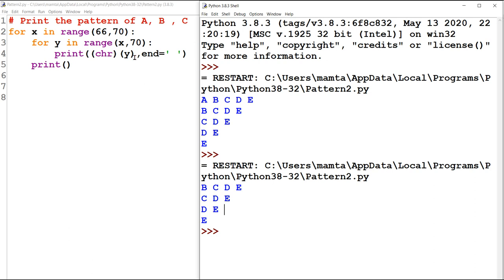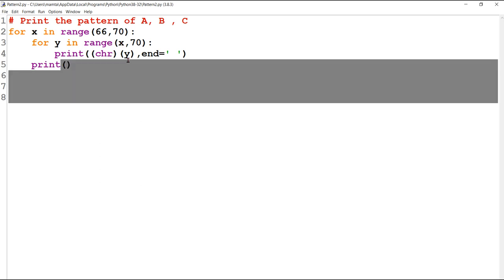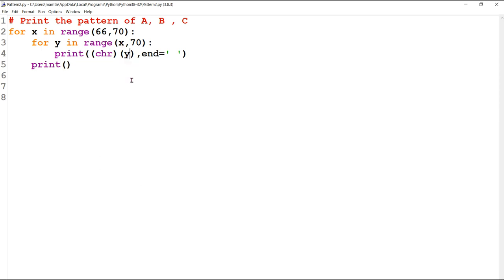So that's why you should jot down your logic in the copy after understanding, not randomly doing. If you are doing anything randomly here, any changes in X, any changes in Y, some other pattern you will get. But which pattern, that you should know. But if you're randomly doing it, the system will tell before you. So first you should do it in the copy, then you should go for these kinds of patterns.